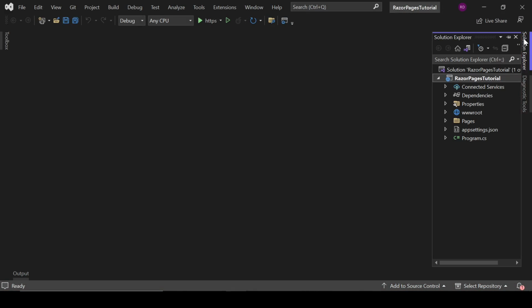Inside this solution explorer, we have our project solution. Right now we have only one project in our solution. This is a Razor Pages application or web application. Here you can see multiple folders and files. So if we click here